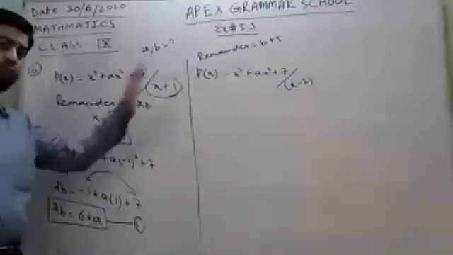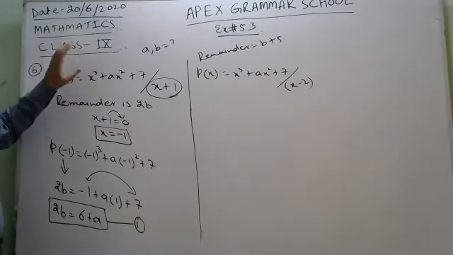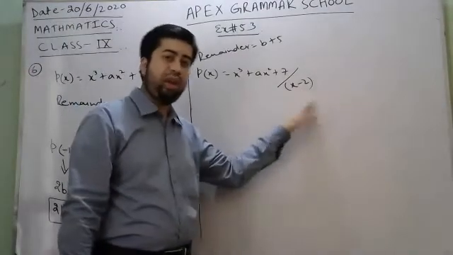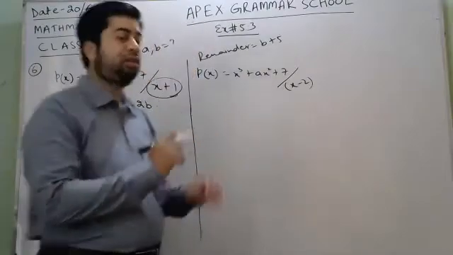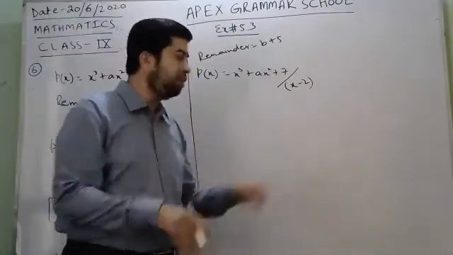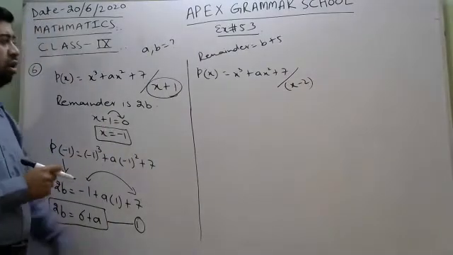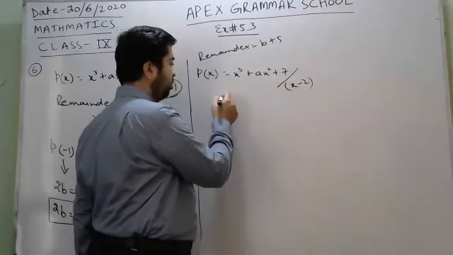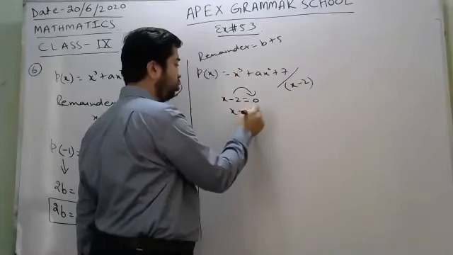The main part of this question, if we are going to divide this polynomial by another divisor, that is x minus 2, and we are getting the remainder, that is b plus 5. For that situation, again apply the zero method here, just like this. x plus 1 is equal to 0, and now we are going to divide this polynomial by x minus 2. So apply the zero method, x minus 2 is equal to 0, and get the value of x equal to 2.